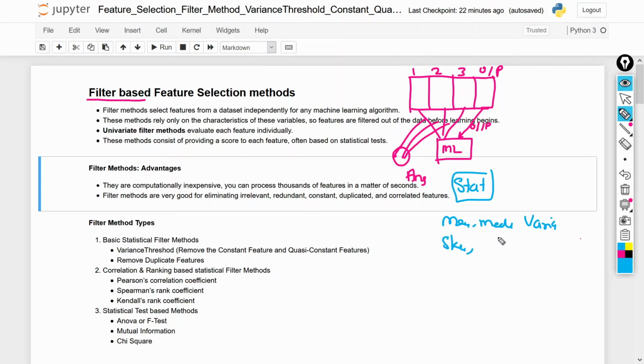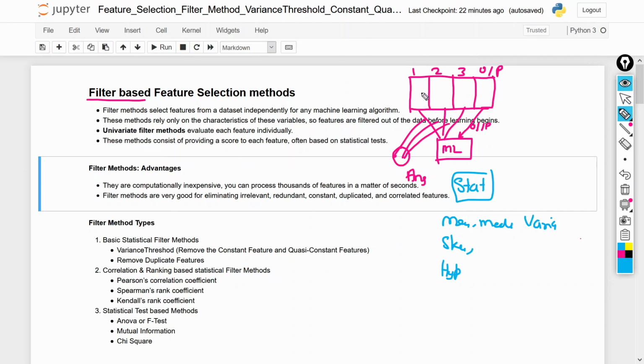There are different statistical methods we use, and also hypothesis testing, like the ANOVA test or F test, the chi-square test, and different tests we can use to perform the analysis, and on the basis of that analysis we filter out the features.